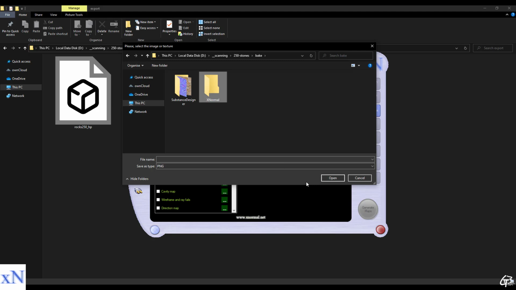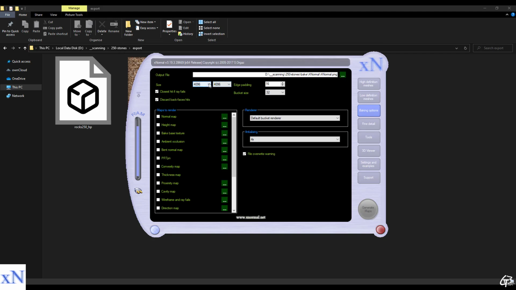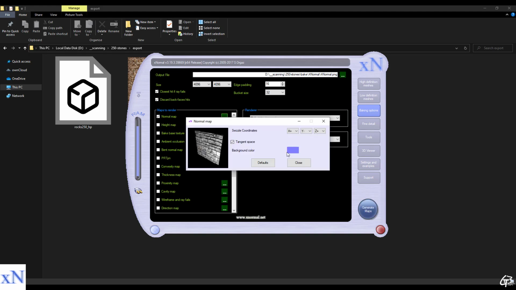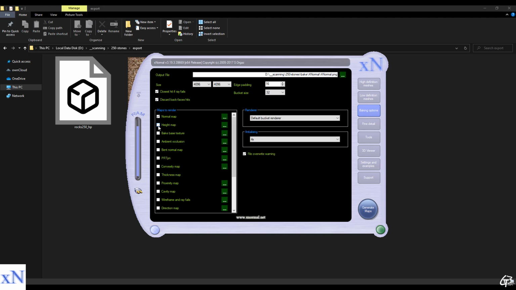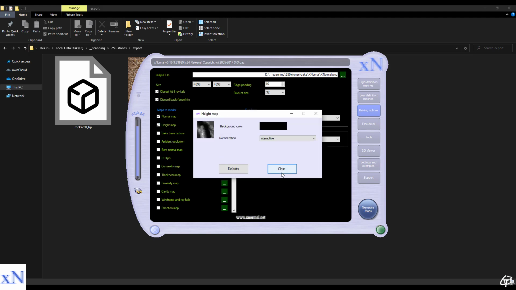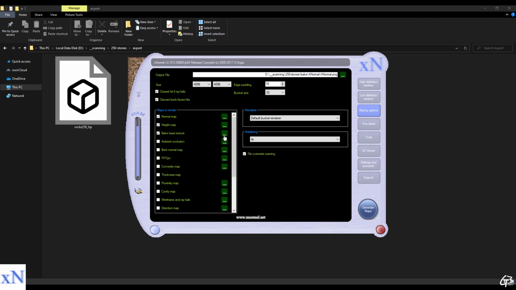we want to bake. I have found that XNormal somehow doesn't export 16 bits PNGs and exports them as 8 bits, so if you want to store data in 16 bits, I would suggest selecting a different format like TIFF. Since we want the normal to be baked in DirectX orientation, let's set -y for the y coordinates, add a height map, base texture to bake albedo, and finally the ambient occlusion map.